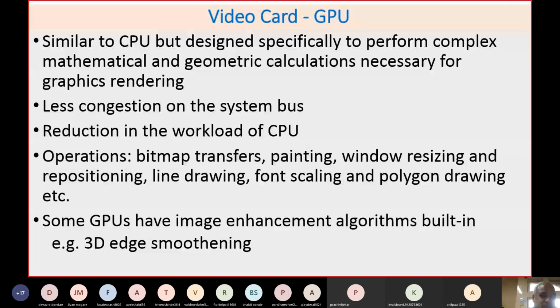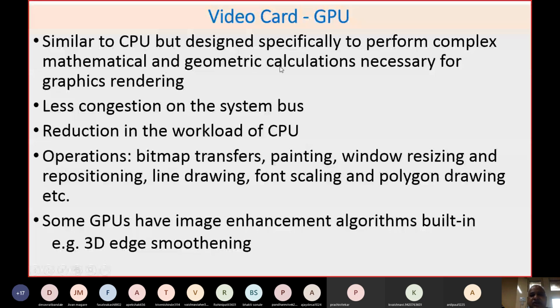But against these 8 cores in the CPU, there can be thousands of cores in the GPU, and the function of the cores is just doing the mathematical or geometrical calculations and nothing else.